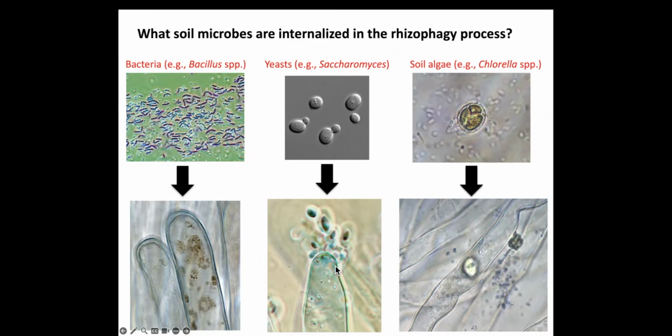Yeasts also are absorbed, and this shows root hairs here, and you can see the yeasts in the root hair. You can see the root hair, and you see these tiny little spherical things. Those are the yeasts inside. And when they come out, you can see they're going out there. They're brown there, going out, and they're little here. And then as time goes past,